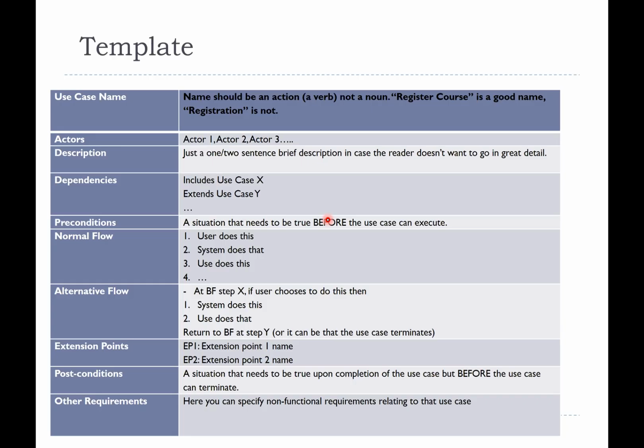Now post conditions means I'm going to be doing some stuff, but before I leave the use case, I need to make sure that the state of the system is in a safe situation. For example, I'm going to withdraw some cash from the ATM machine. I want to make sure that the new balance is equal to the old balance minus the cash that was